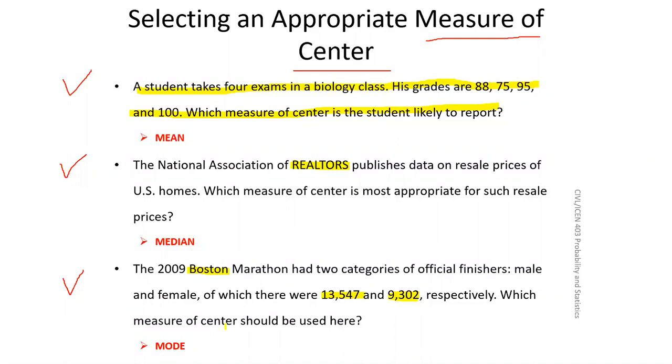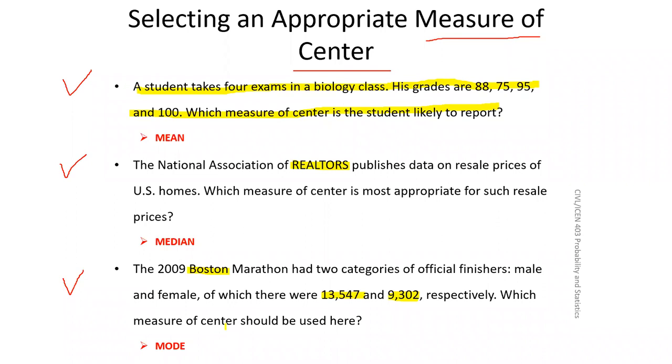So what you did is you only saw people who finished and people who did not finish. So which is the most repeated number of finishers? Okay, you will give them as a mode. These many males finished the race, these many females. So you are counting them. You are counting the number of males and females. So whenever you count the number of appearances, this is the mode. We are not looking at the middle value, we are not adding up all the values. So it's not a mean, it's not a median, so it is a mode. All right, so these are a few examples which give you an idea of mean, median and mode.